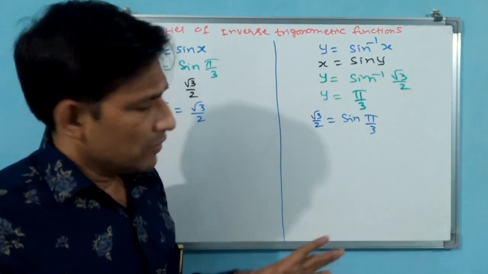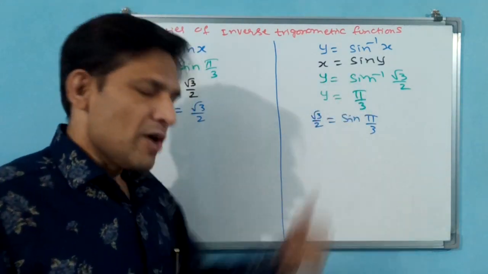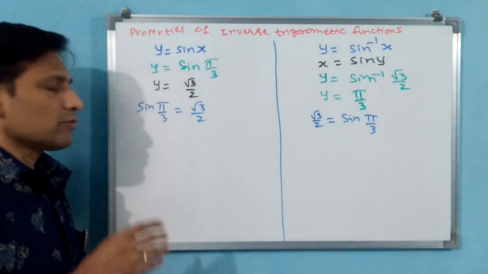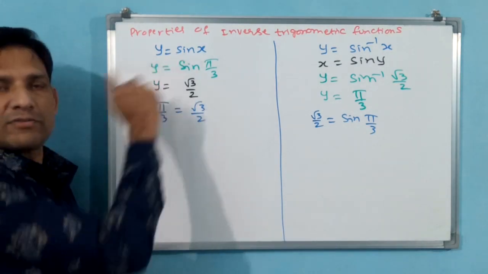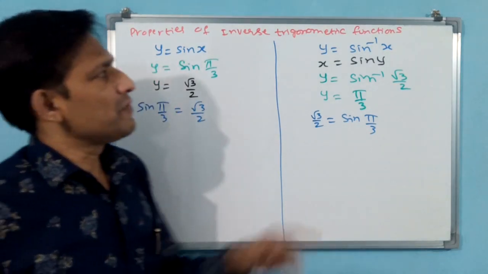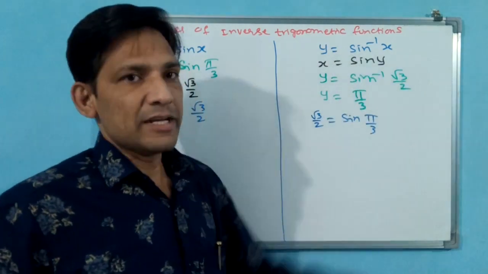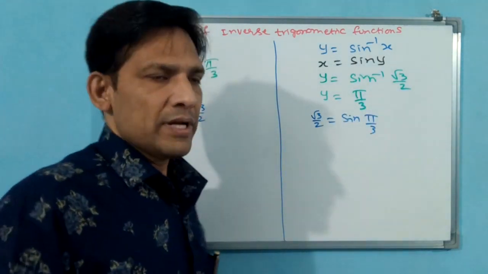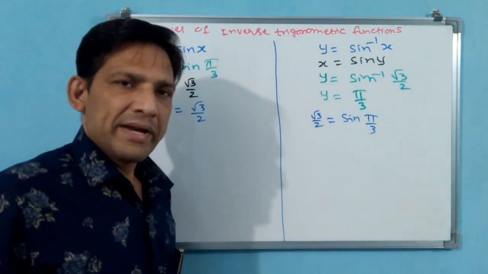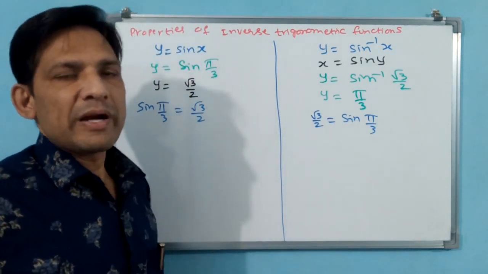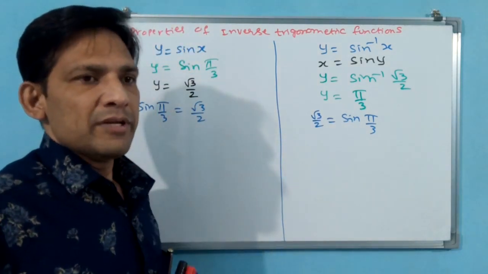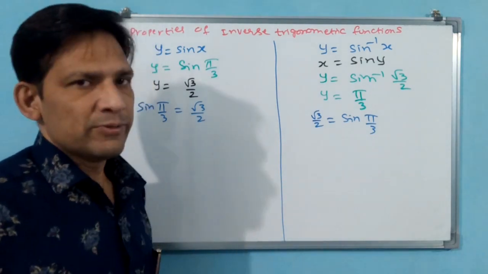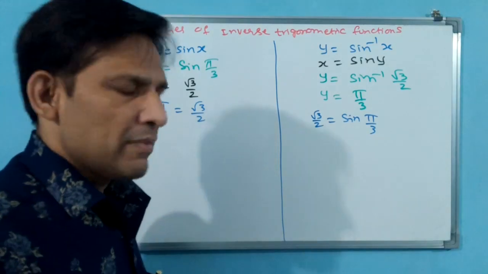But yourself you can write, but in examination, questions will come. From trigonometry, a question will come like y is equal to sin x. From inverse trigonometry, a question will come like y is equal to sin inverse x. Then you have to be accustomed to both. You have to keep in your mind that in a trigonometric function, x will be the input, and in an inverse trigonometric function, the input will be a value.